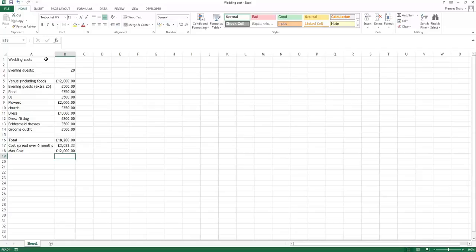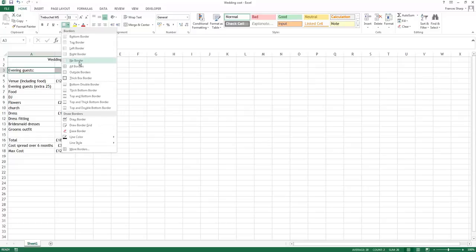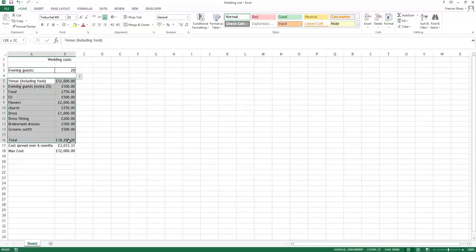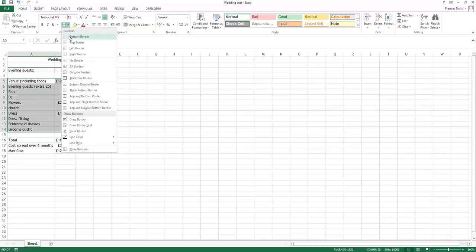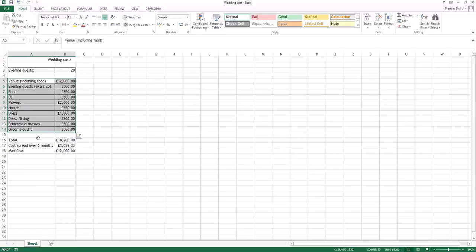We're going to format this a little bit. So first thing we're going to do is highlight this, drag it, let go, and I'm going to merge and center. So that just makes it one cell. I'm then going to highlight them, click on this little arrow here, and all borders, and add borders to these. So all borders,